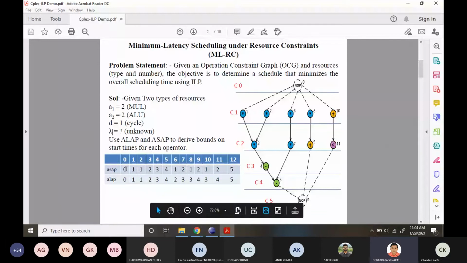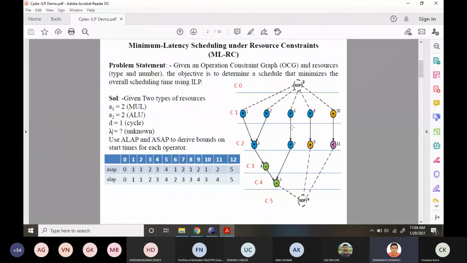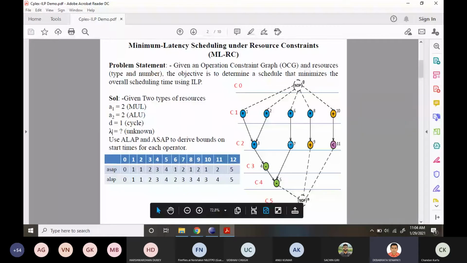For example, operation 6 can start at time step 1 or time step 2, and operation 7 can start at time step 2 or time step 3. So the mobility of operation 6 is 1, and the mobility of operation 7 is 1. Similarly, the mobility of operation 1 is 0, and operations 2, 3, 4 are all 0 mobility operations.